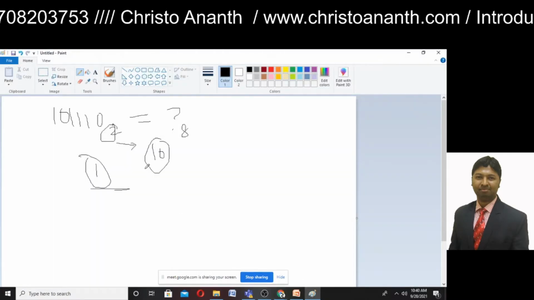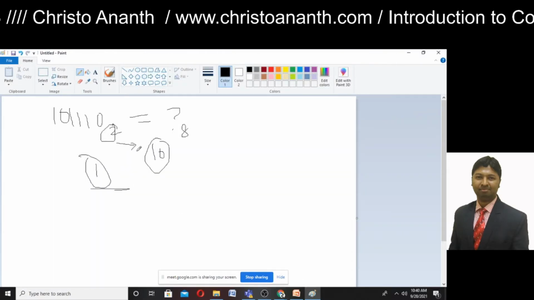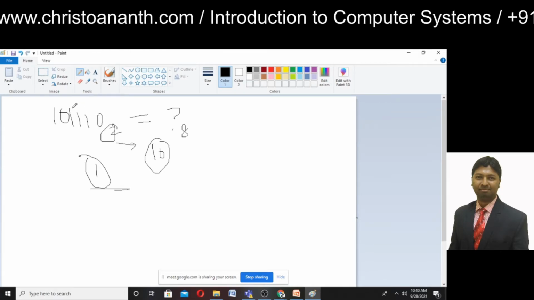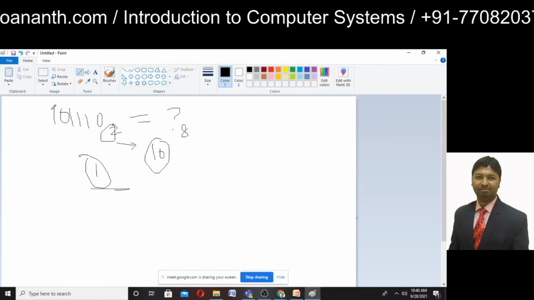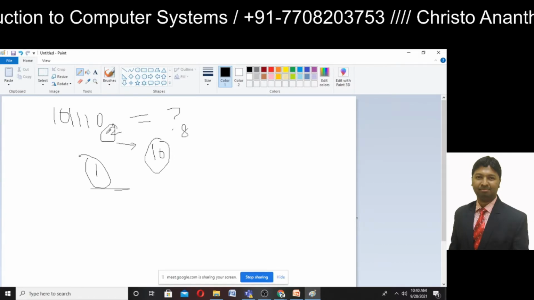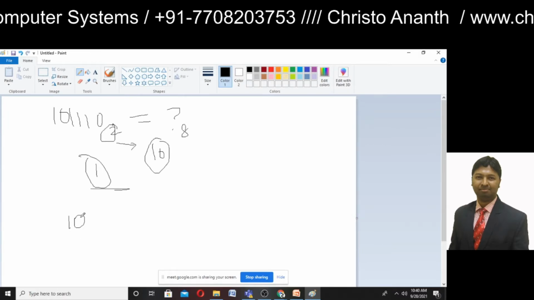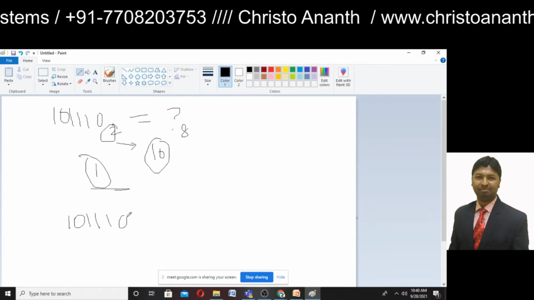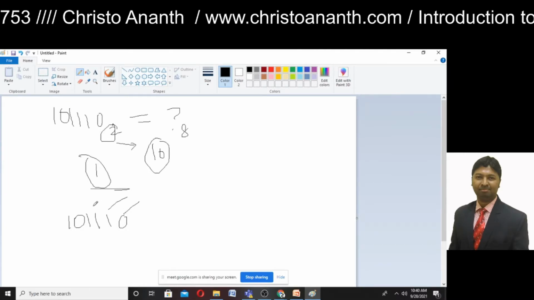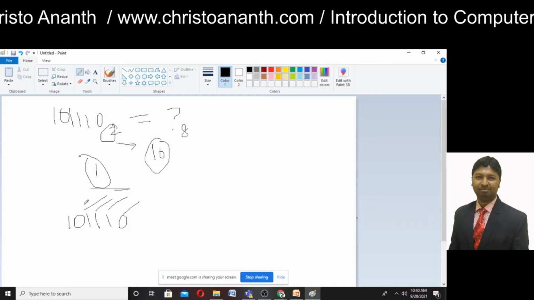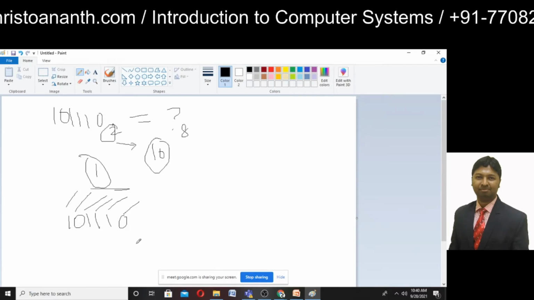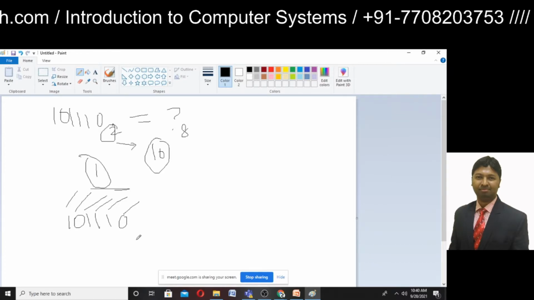We should divide 10 into 2 and 6. Now multiply by 10 power 0, 10 power 1, 10 power 2, 10 power 3, 10 power 4, 10 power 5. Now this one, 1 0, 1 1 1 0, correct? So you multiply by 2 power 0, 2 power 1, 2 power 2, 2 power 3, 2 power 4, 2 power 5. We should calculate all of these numbers in a group.